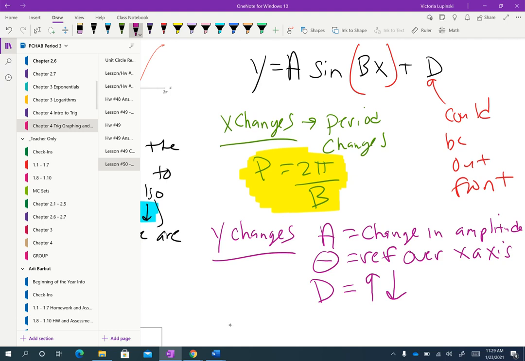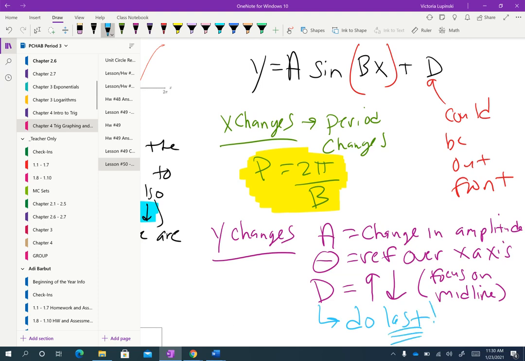And we are going to make sure we understand that when we're talking about up or down, while it technically moves the entire graph, we're going to focus on the midline. And again, I talked about that during the first lesson, but we're certainly going to use that vocabulary a lot today. And the final thing that you want to make sure that you indicate to yourself is that you are going to do the D last,